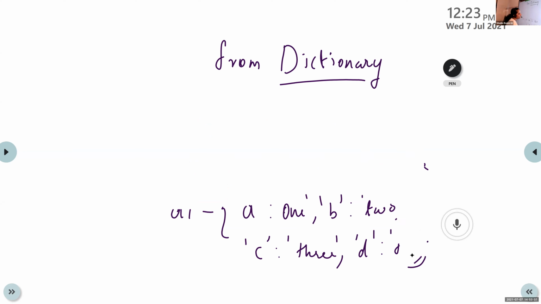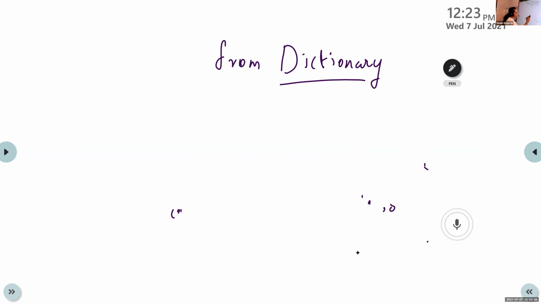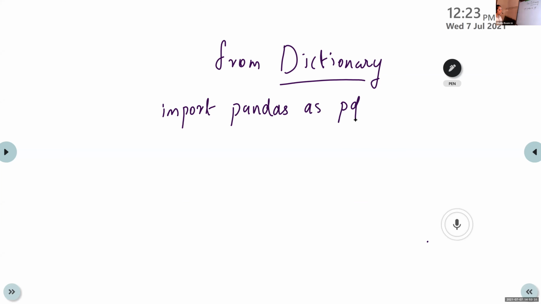So what is the first statement? For creating a series, the first statement is import pandas as pd.